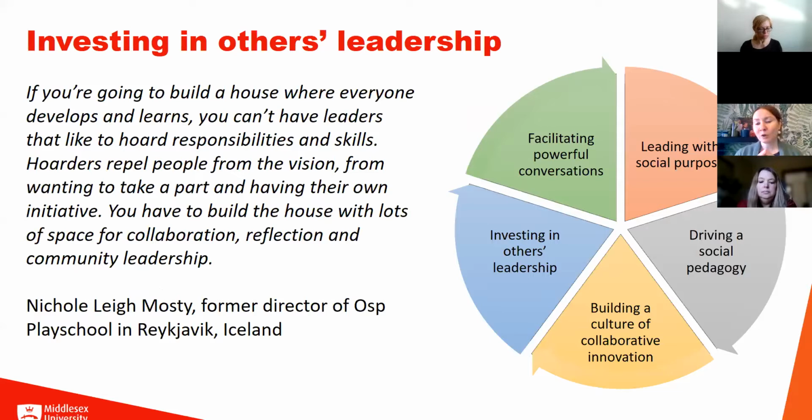Now, this relates to one of the elements in the social leadership model. So you'll see 5 elements here. I'm not going to talk about all of these today, but the one I wanted to pick up on relating to professional development is investing in others' leadership. Because what you can see is that that question, what do you think we should do, is actually the starting point on a journey for somebody else to become a leader. Okay, so that invitation to own the problem, to collaboratively own the problem and own a solution,